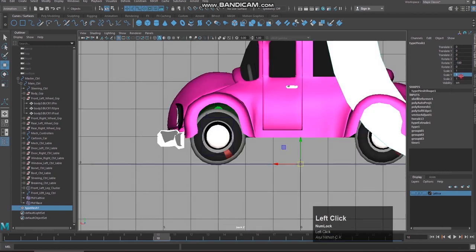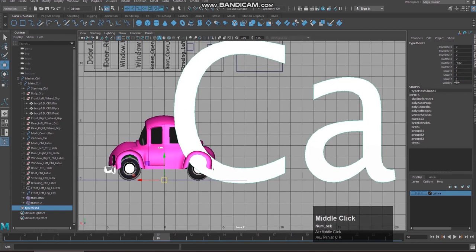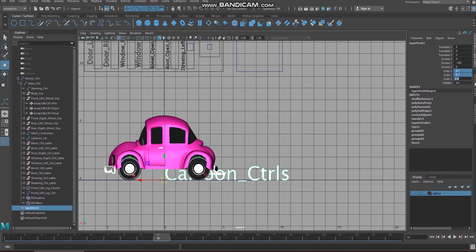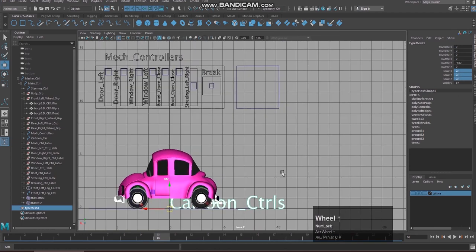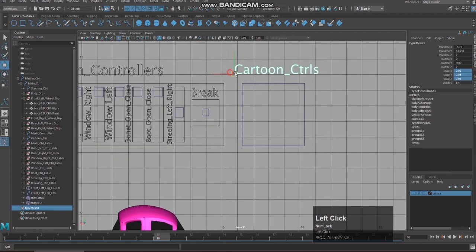I'm going to shape it, resize it, like 0.5, 0.1, sorry, I'm going to give 0.08. I'm just going to keep it here. Still it is big, 0.05. Okay, no problem. Keep it here at the top.